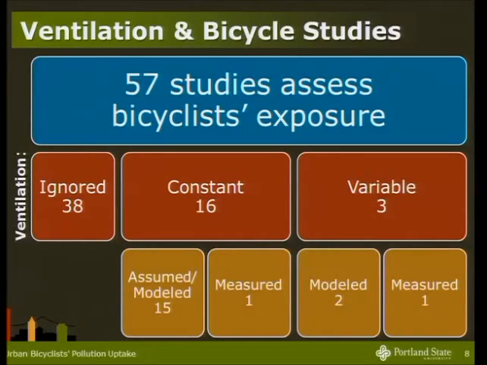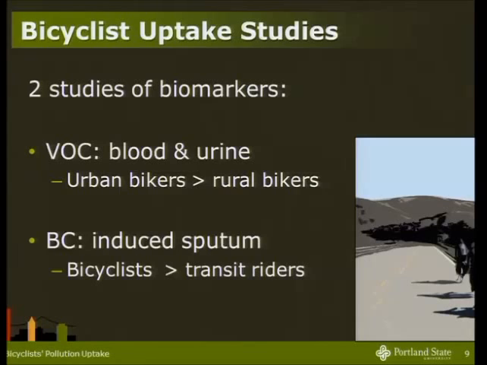And then three studies have considered the fact that bicyclist ventilation rates vary on road. Two of them model ventilation, and only one has directly measured ventilation using face masks for bicyclists. So they did consider the fact that depending on how and where you're bicycling and how hard you're riding, your ventilation rates can vary quite a bit. So clearly there's a lack of analysis here of how ventilation rates vary, which is one of the big determinants of inhalation doses.